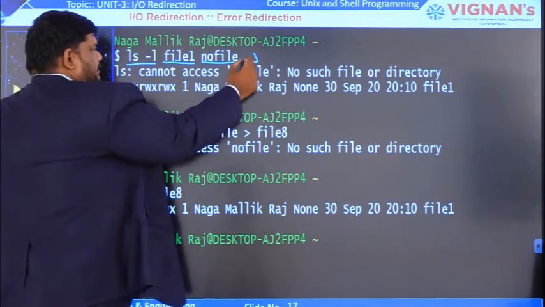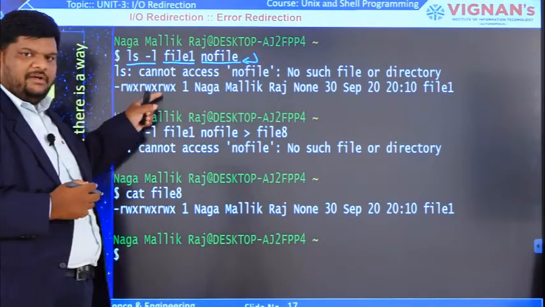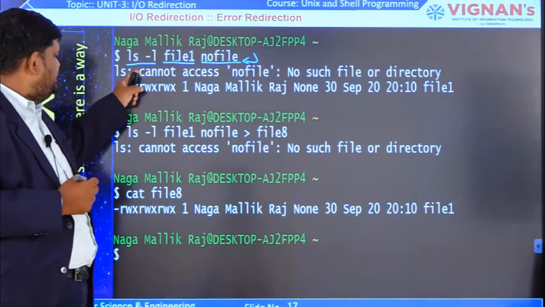After that, press enter. On the screen, that means on the monitor or standard output device, we are seeing these two lines.